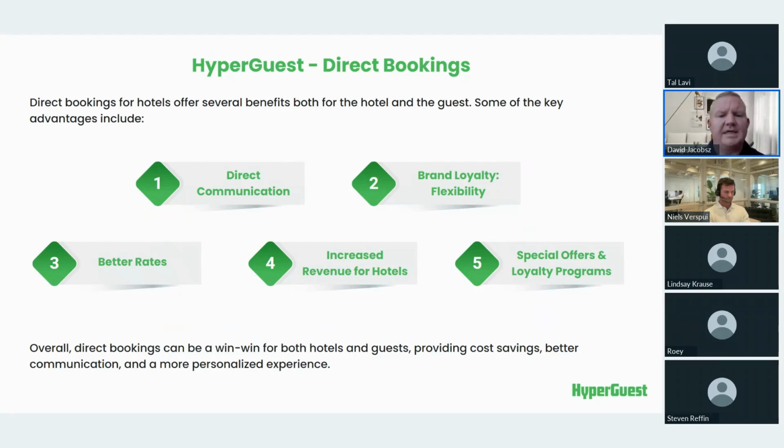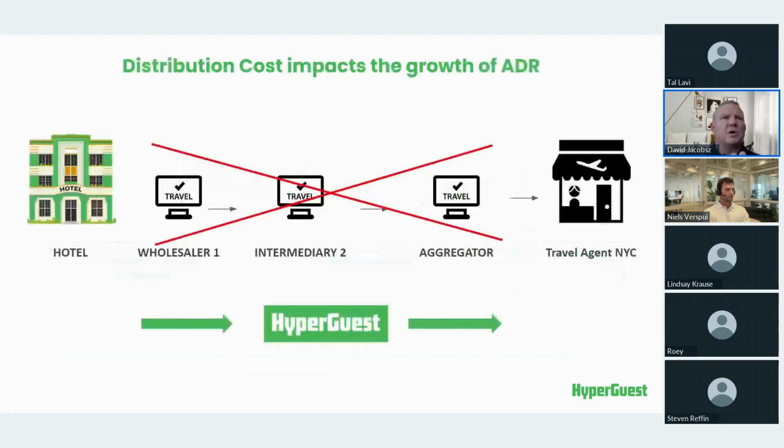Moving on, this is what we're trying to eliminate. Okay, so that is all those middlemen that we are referring to. So you are sending out a rate. Let's say you're connected to RoomRaccoon, it sends out a rate, but there's multiple channels in between, multiple people handling this reservation before it actually gets to the booker. And that's what we're trying to eliminate here, so that you can go from property via your channel manager directly to that agent in New York City in order to book you. So better communication, better rates, everything will improve, as well as your average room rate.